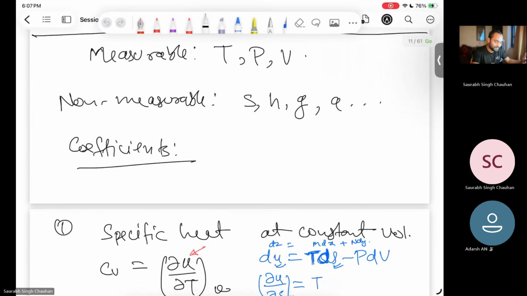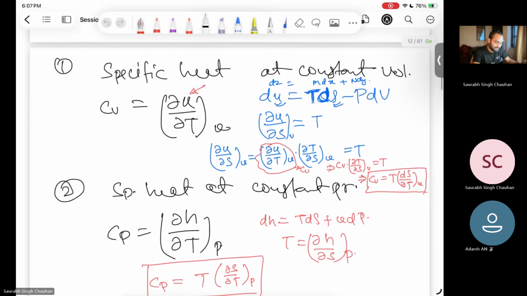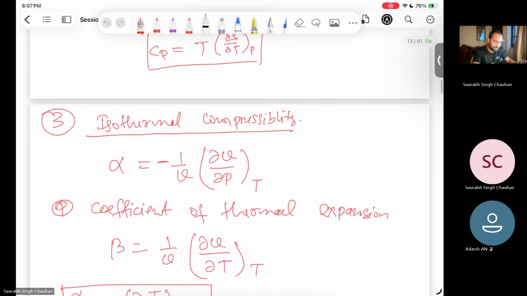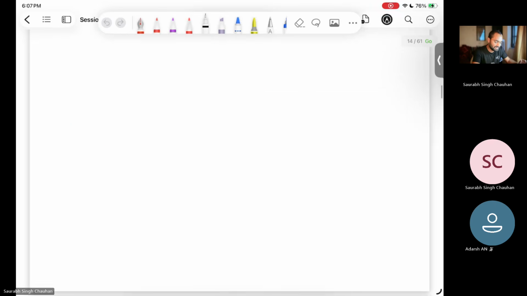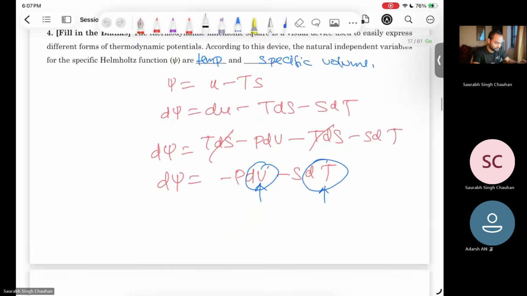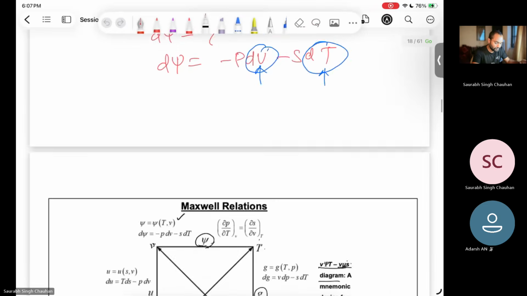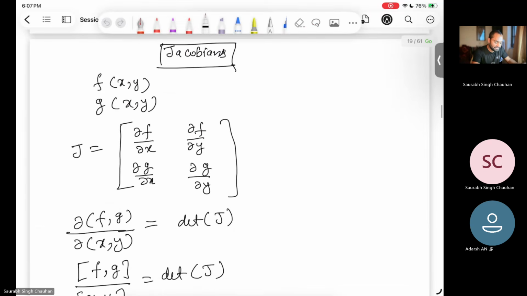We also discussed that several properties are directly measurable, like temperature, pressure, and volume. Certain quantities are not directly measurable, but they can be calculated indirectly from measurable quantities. There are certain coefficients, like specific heat at constant volume and constant pressure, coefficient of isothermal compressibility, isothermal expansion coefficient, and their ratios. All these things we discussed. We solved some problems, and we also discussed a new